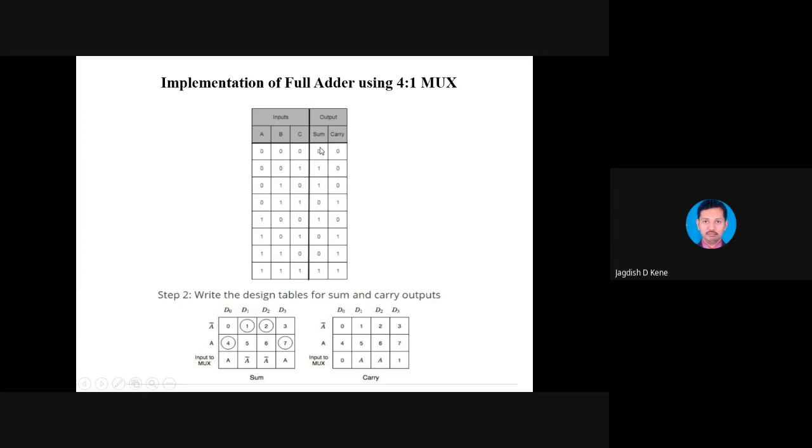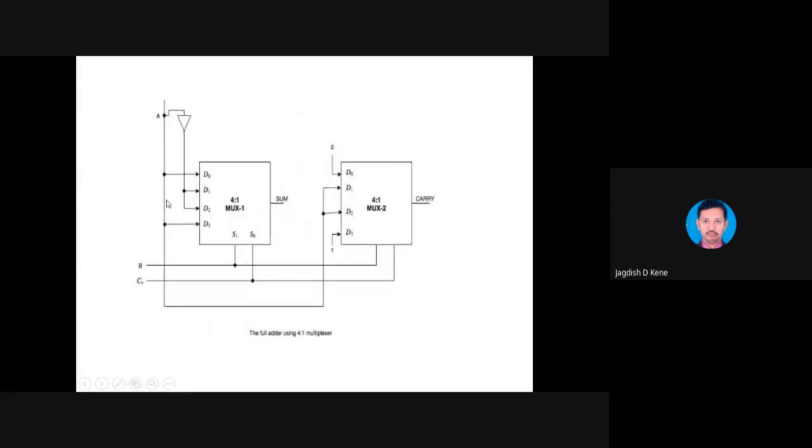So this will be indicated as the output of an XOR gate, the truth table of an XOR gate. But when A is 1, this will be defined as the output of an XNOR gate. This is the XOR gate and this is the XNOR gate. So when A is 0, our outputs are what? This is 0 0, this is 0 1, 1 0, and 1 1. And according to the truth table of sum, that will be 0, 1, 1, 0.